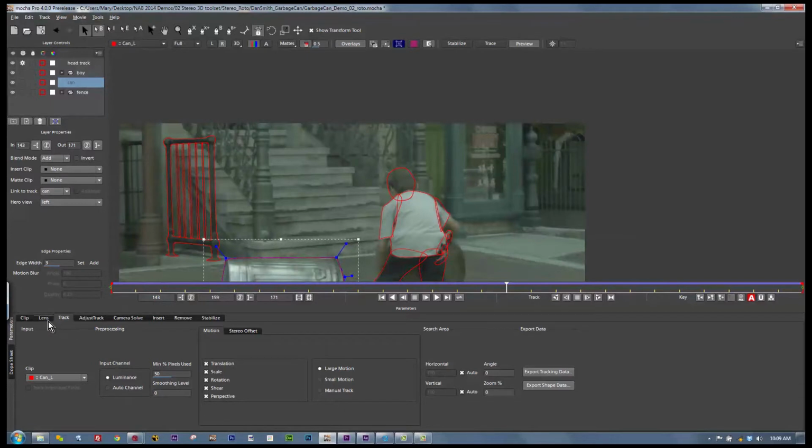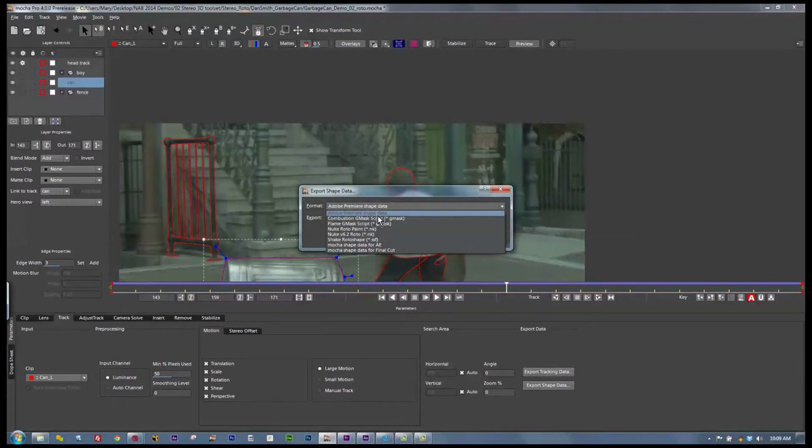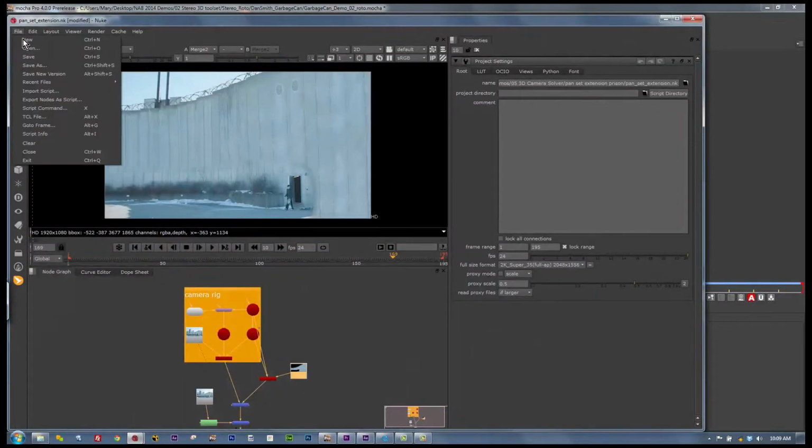Now we can also export this in stereo. So if I go to my track and I go to export shape data, I can go to NUKE roto nodes, okay? And so we're going to go all visible layers, copy to clipboard. We can actually paste it right into NUKE. So let's just show you what that looks like. So inside of NUKE,